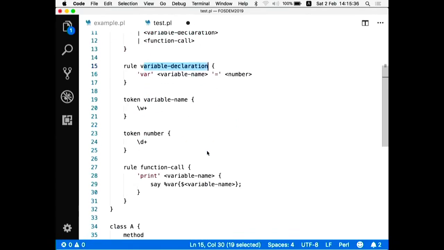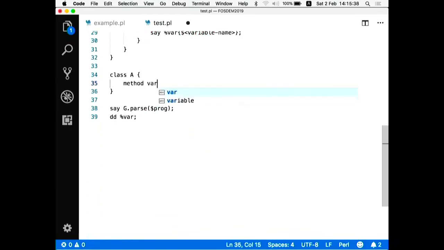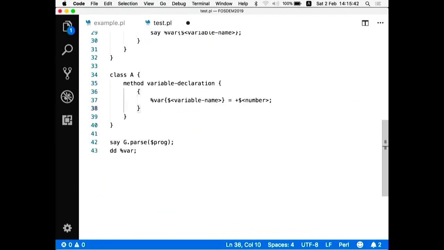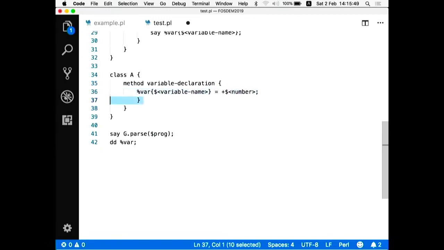So it's variable declaration, method variable declaration, and it's just the Perl code, which does what it did before, but you also expect something in some variable which is passed to